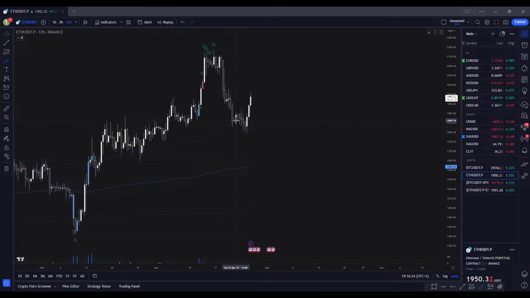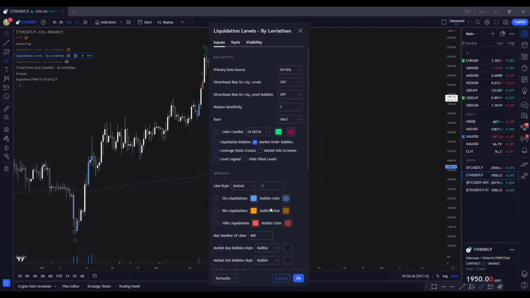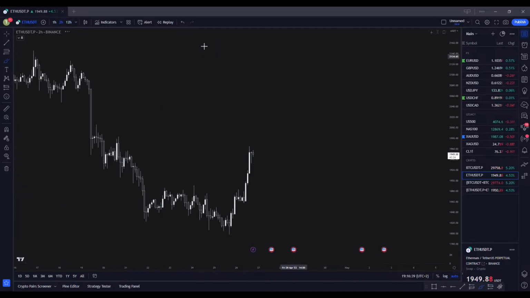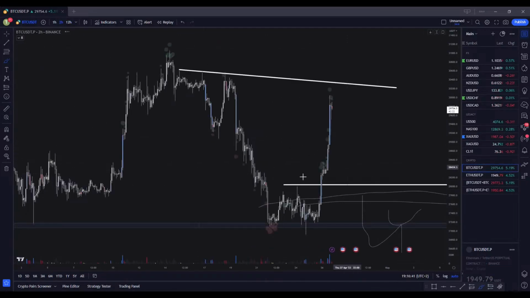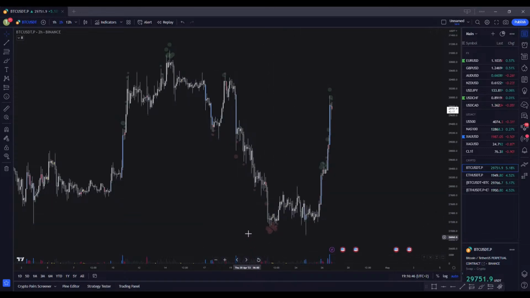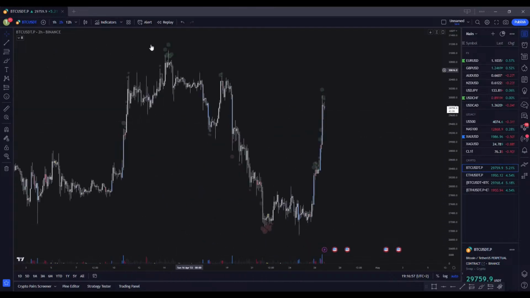Let me check very quickly if there are some questions. The bubbles, the indicator bubbles, are the liquidation levels by Leviathan. You can turn on the market order bubbles. There is a pretty nice calculation for these, in how he came up with that. I'm using relative volume indicators and candle colorings and stuff like that, but this is showing a little bit more detail about the execution closer to the levels. So just a nice addition that I've been using recently.